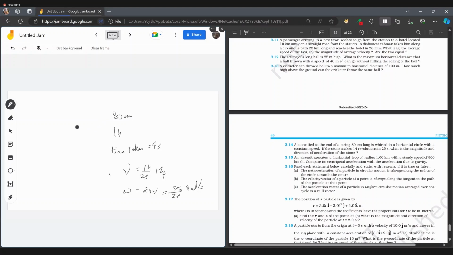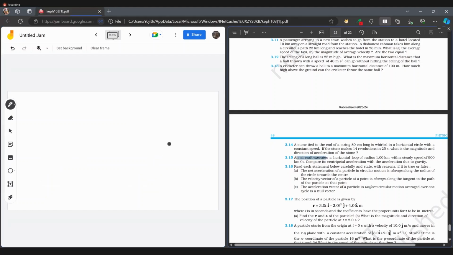Okay, speed is 900 kmph, which is equal to 250 meters per second. Okay, now centripetal acceleration ఎంత వస్తున్నది, v square by r, which is 250 whole square divided